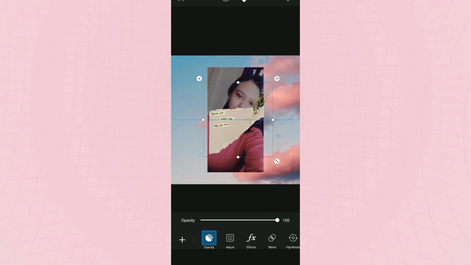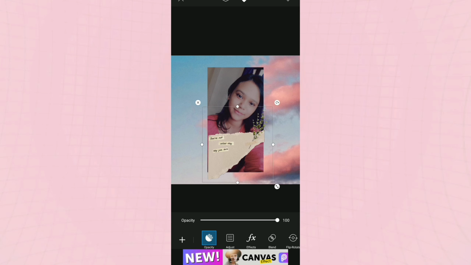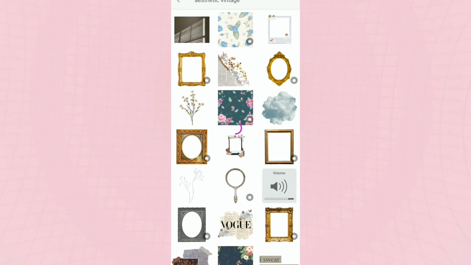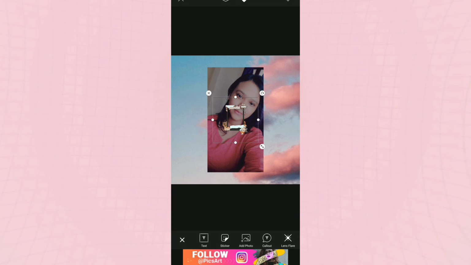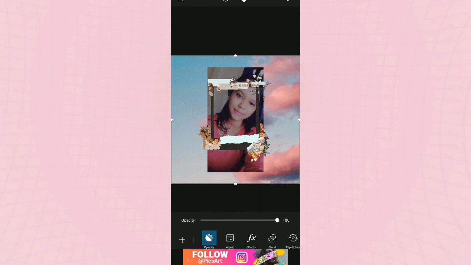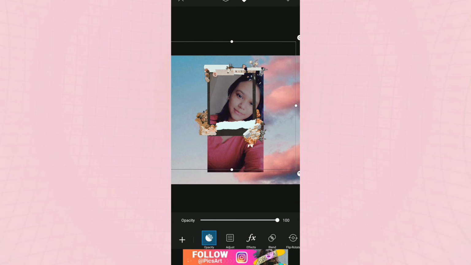So squeeze it properly and make a cutout effect and put it in the corner of your picture, so it gives a cutout effect. But I'm not going with this one, I'm going to select something else. Yeah, this frame looks perfect for my picture. I'm going to delete it, and now I resize the frame.